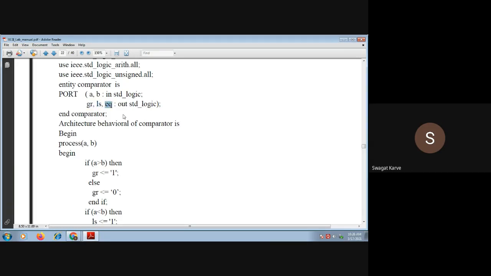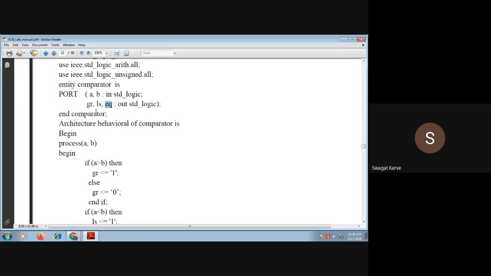Instead of these you can use other notations also, but you should have a clear notion of what you have used. That is the only thing. The rest, you can use any alphabet, that doesn't matter.